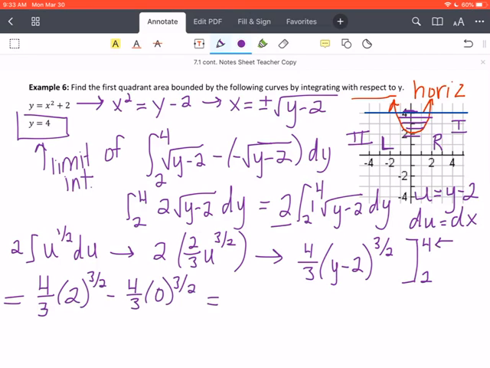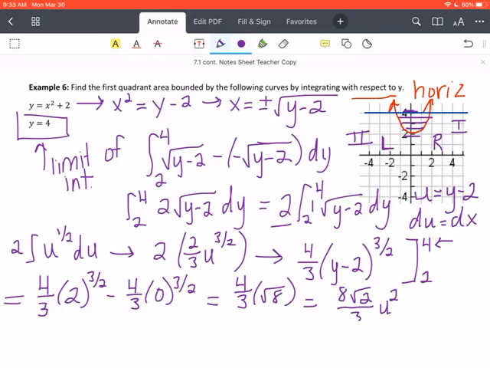So I have 4/3 times the square root of 8. Well, what is the square root of 8? It's 2 root 2, because the square root of 4 is 2, and I can't take the square root of the other 2. So I have 4 times 2 is 8 root 2, just simplifying radicals, over 3